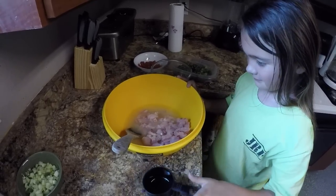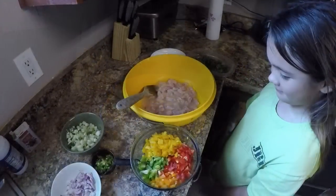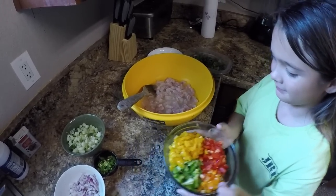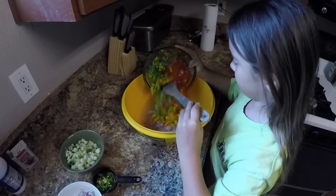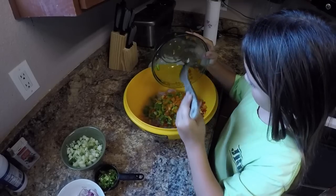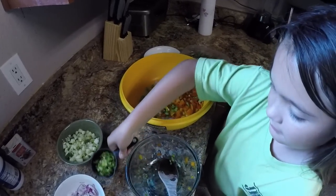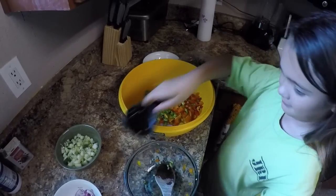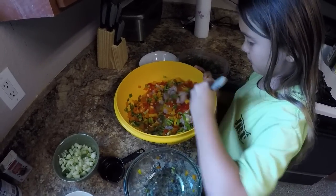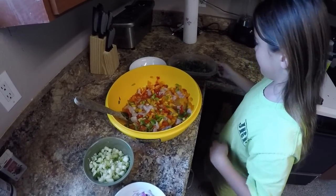And she's going to stir that around just a little bit. Okay, now that we got the fish all coated with the lemon juice, we're going to go ahead and put the peppers in. Alright, and the jalapenos. Okay, and we're going to stir that all around, mix it up really good. Alright, we got the peppers all in there mixed real good, so now we're going to add the cilantro,